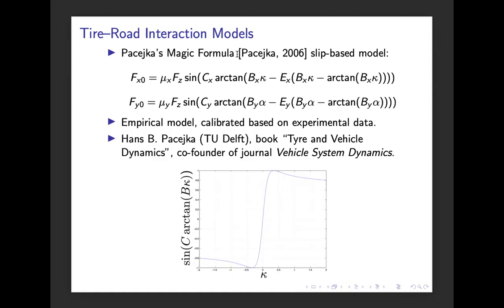If we consider this combination of trigonometric functions, the sine and arctangent, and plot it in a diagram, we can see that we can capture exactly this peak that we observed in the experimental data. It's a matter of finding these parameters, C, B, E,